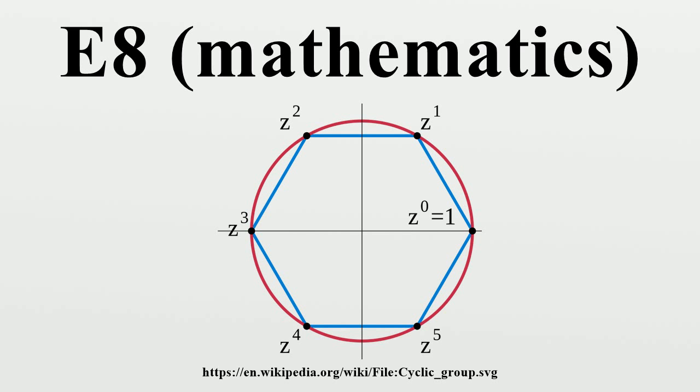248-dimensional representation is the adjoint representation. There are two non-isomorphic irreducible representations of dimension 8,634,368,000. The fundamental representations are those with dimensions